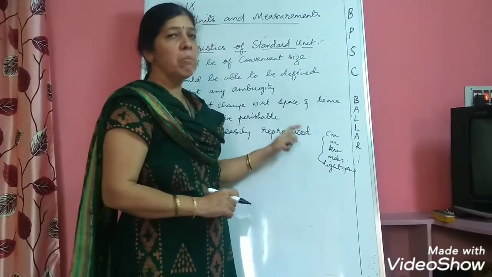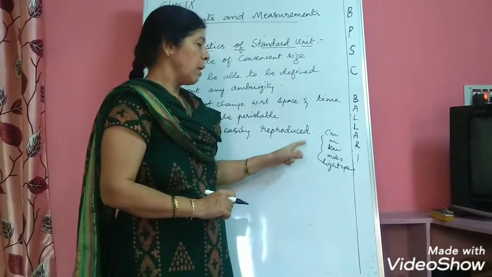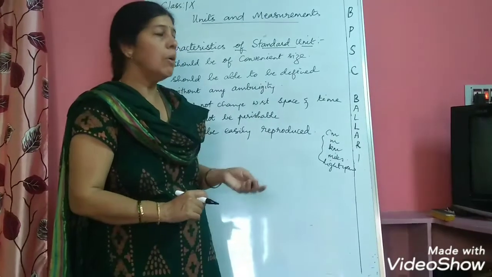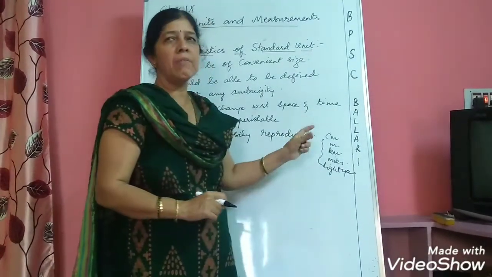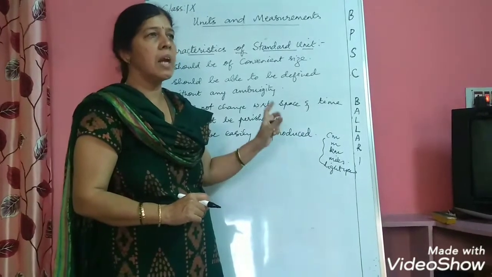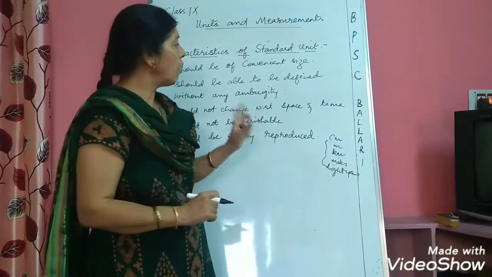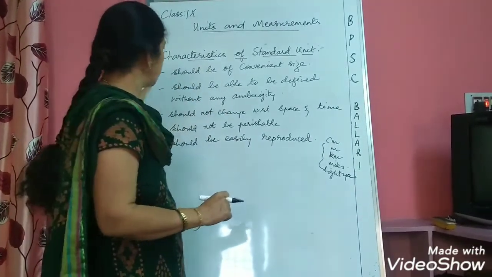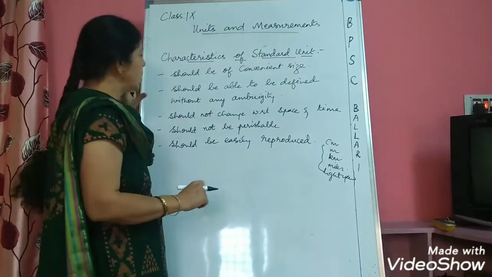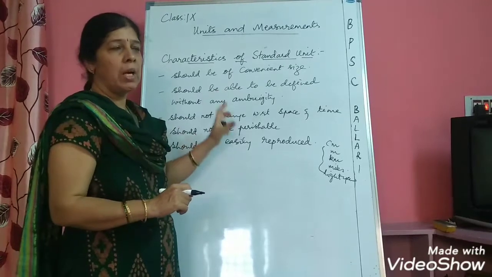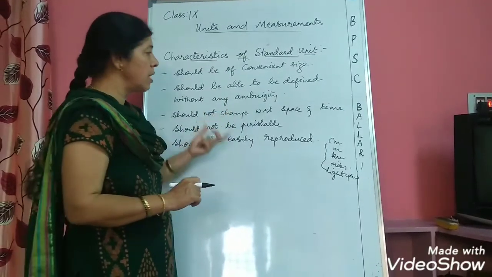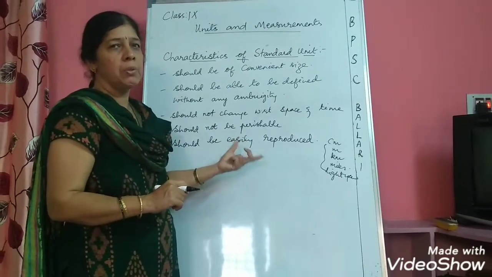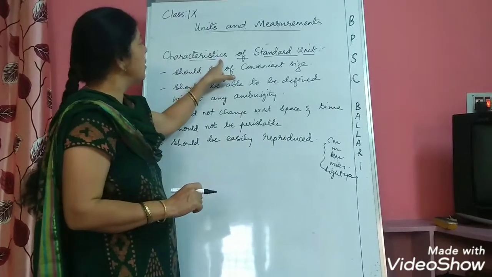But which unit will be the most convenient unit to use? Based on that, we have set some standards, and those are called standard units. Now, usually a standard unit should have some special features. Then only a standard unit can be accepted. These features are special properties which are accepted throughout the world. All the scientists across the world have accepted these features for a standard unit. Now, what are the characteristics or features of a standard unit?